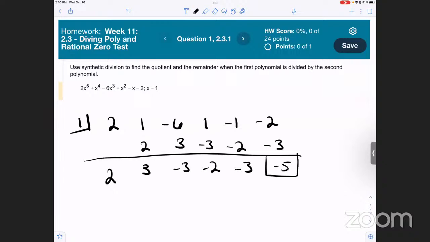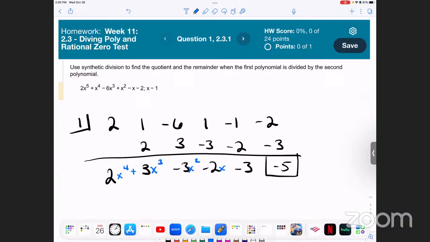Okay. So then, because we started with degree 5, at this stage our depressed equation is now a degree 4. And we have a remainder of -5. So what we're gonna do is